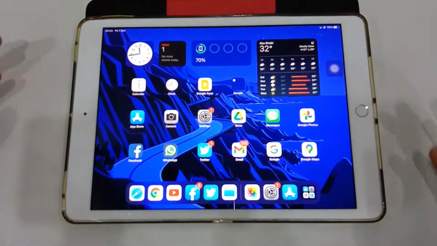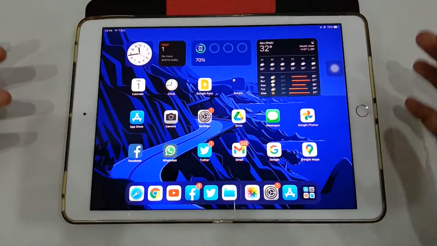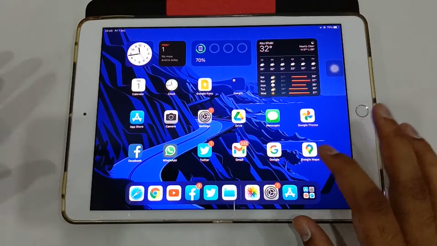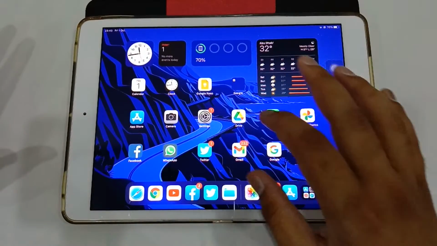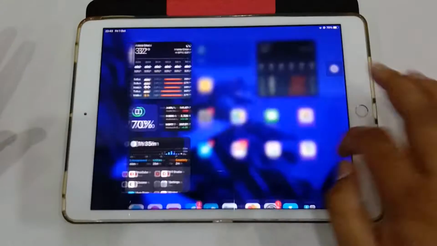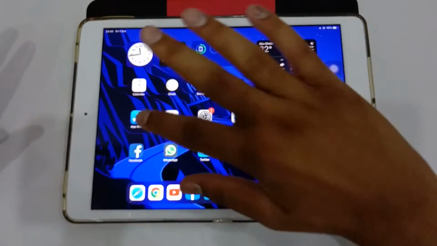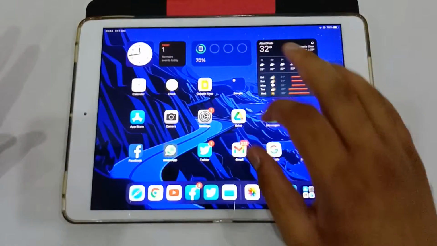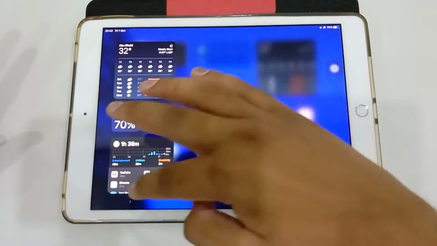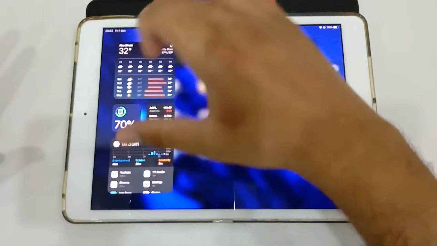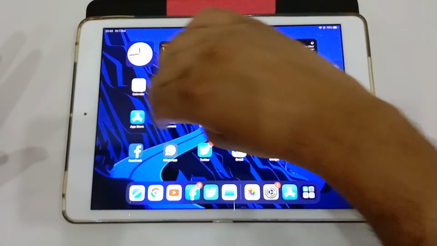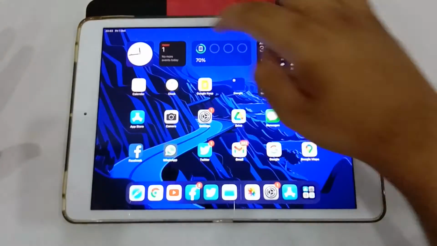There might be some other options behind the scenes that might have changed, like some privacy features and security options. But the main difference you would see compared to iPadOS 14 is the widgets on the home screen. Right now when you swipe like this, it is a separate page. But in iPadOS 14, the widgets page would make these icons move a little to the side and the widgets would show up here.